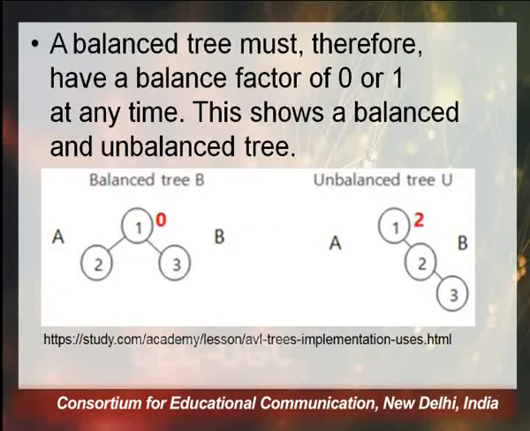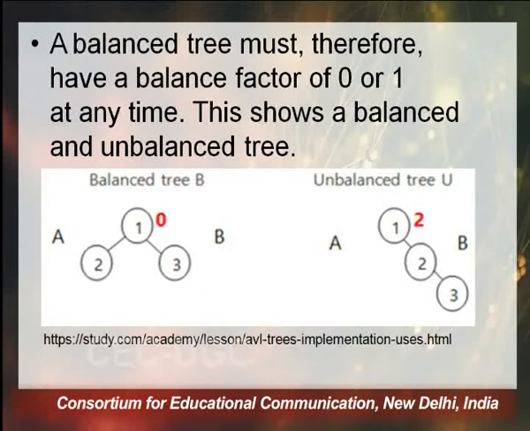So 2 and 3, as far as balance factor is considered, are not having any problem. Because for 3, both the sides are of the same size, 0. So the balance factor of the node 3 is 0. Coming to the parent of 3, which is 2, on one side it is having 1 branch on the right side, and on the left side it is having no branch. So again the balance factor here is 1.